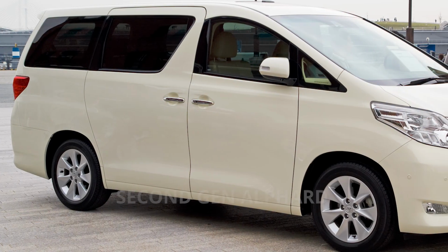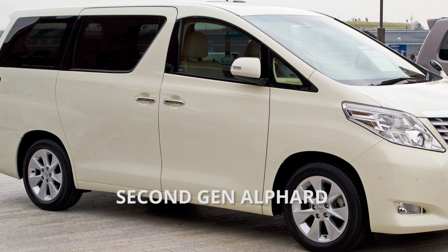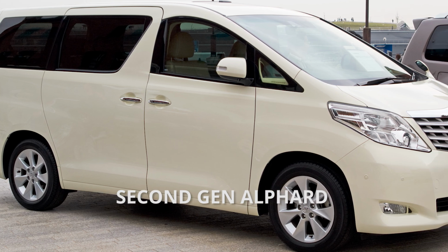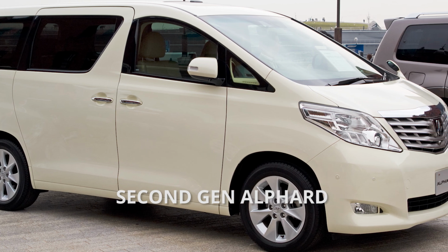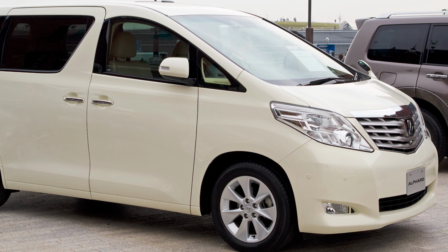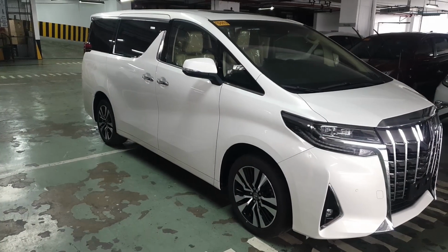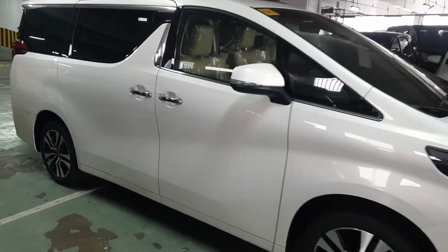The second gen was released in 2008, and it was actually sold in the Philippines. I've never seen one in person though, so I'm guessing that it wasn't so popular. This current gen Alphard though is everywhere in the Philippines. What we now know as the current gen is the third generation, and it's now the most desirable van in